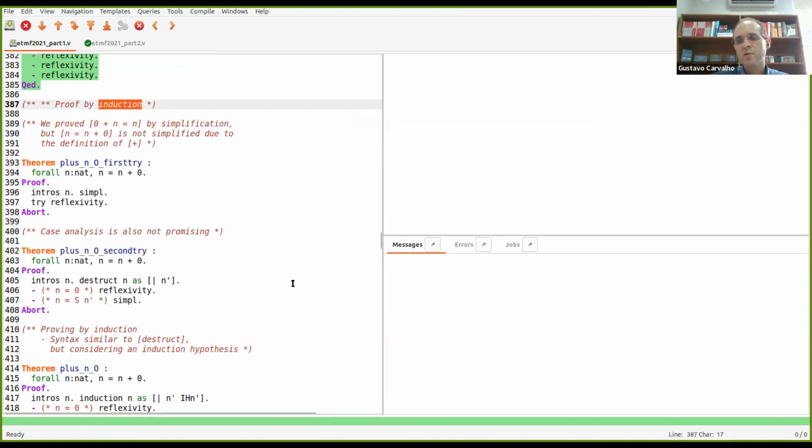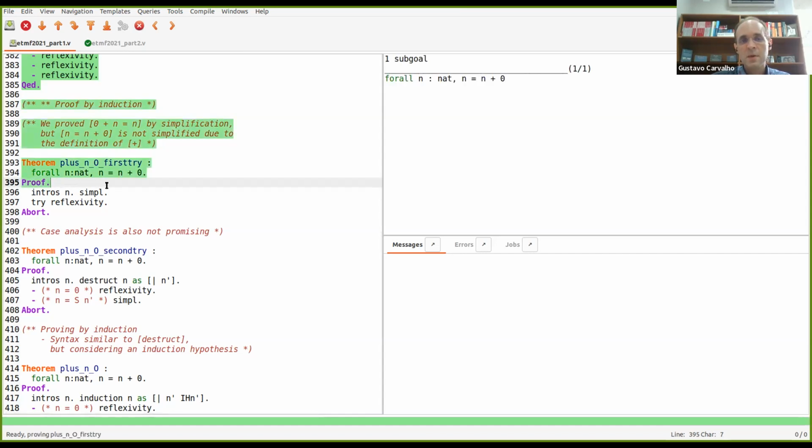And as expected, you also have support to perform proof by induction, right? So suppose that you want to prove a statement similar to one that has been proved before, but the difference is that